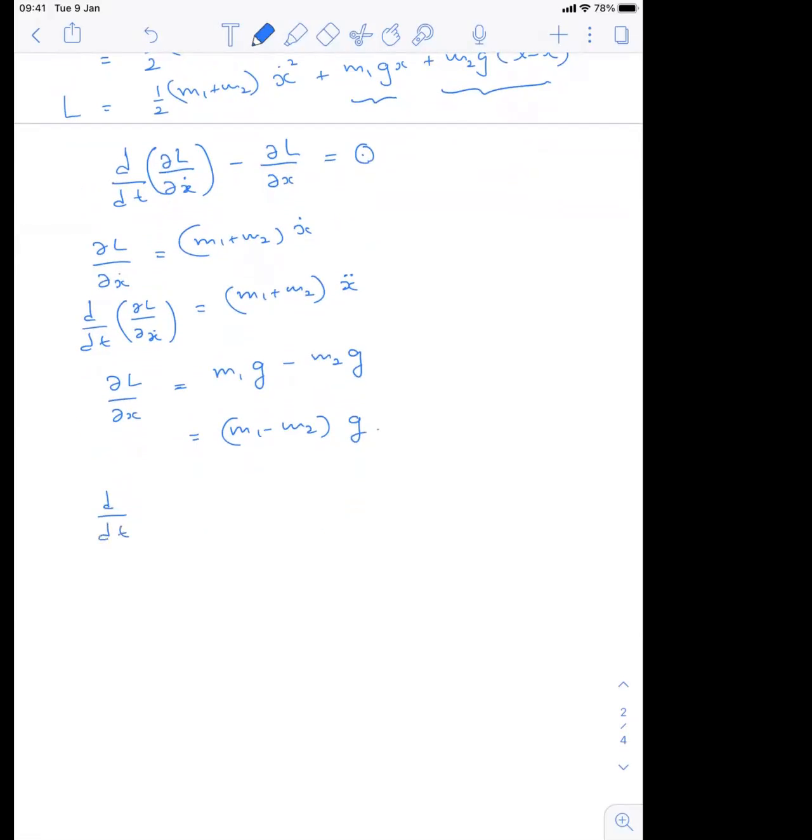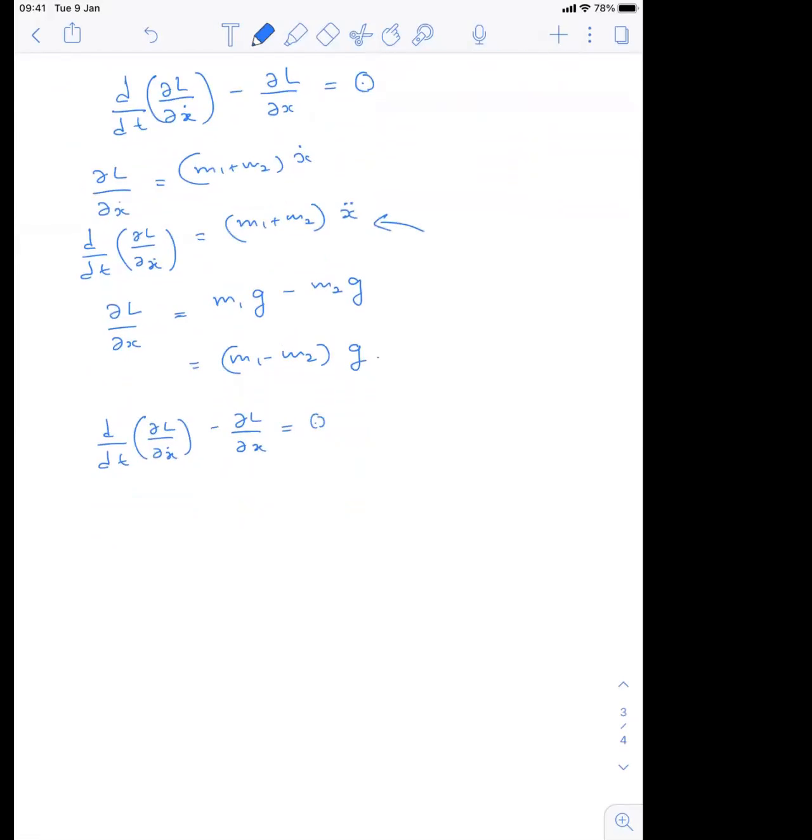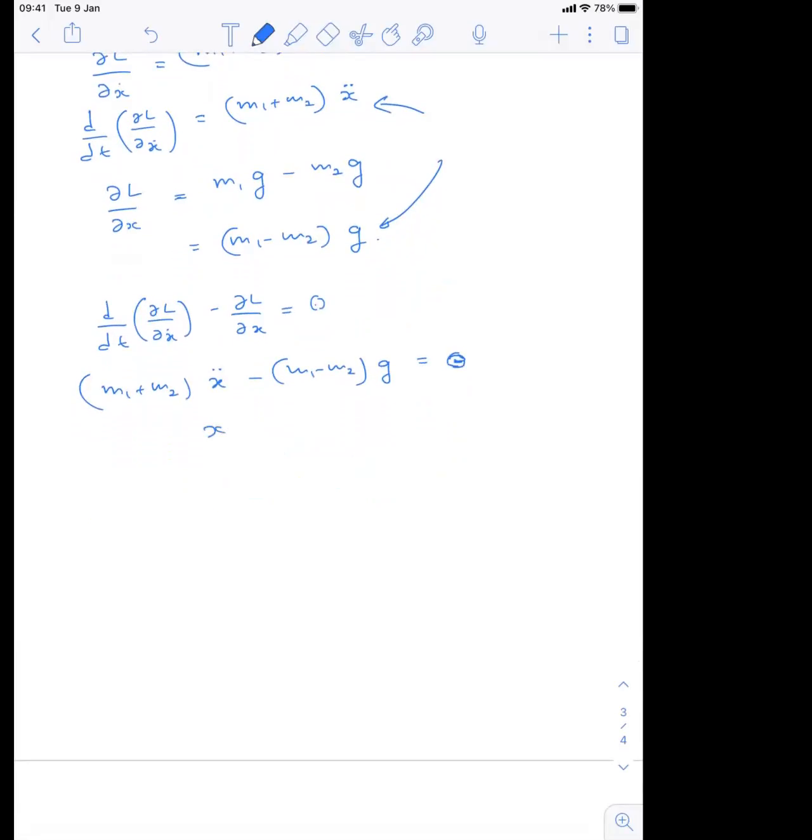Now you get the Lagrange equation. Now this first term right here, you just need to combine these two terms. That is (m1 plus m2) times x double dot, and then minus (m1 minus m2) times g equals 0. This will give me x double dot equals (m1 minus m2) times g divided by (m1 plus m2). So this will be the acceleration of the system,